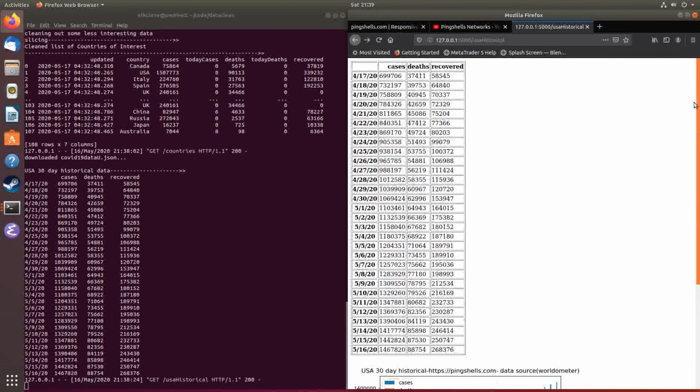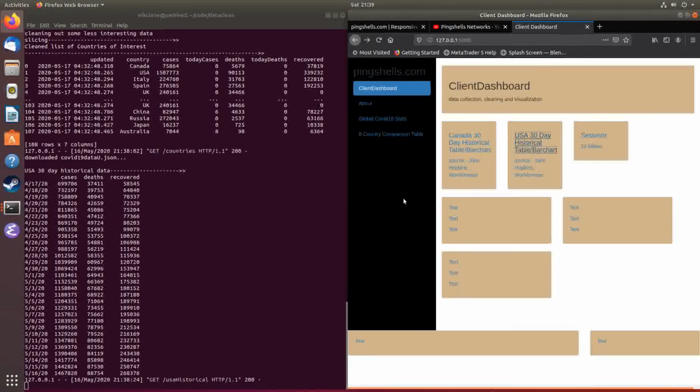Well, there you go. There's a quick look at some very specific data that has been collected from a public API. This is just data I was interested in. I wanted a quick overview of Canada and the US. That's our closest. I'm Canadian, so the US is of interest to me, of course. They are our most trusted neighbor and ally, and anything that happens to them affects us, both politically, economically,